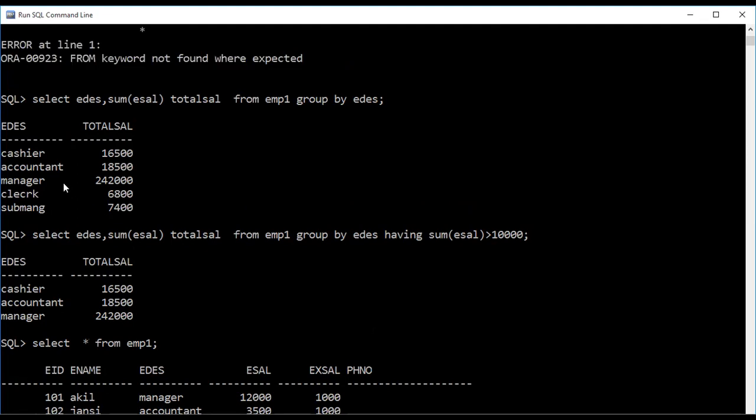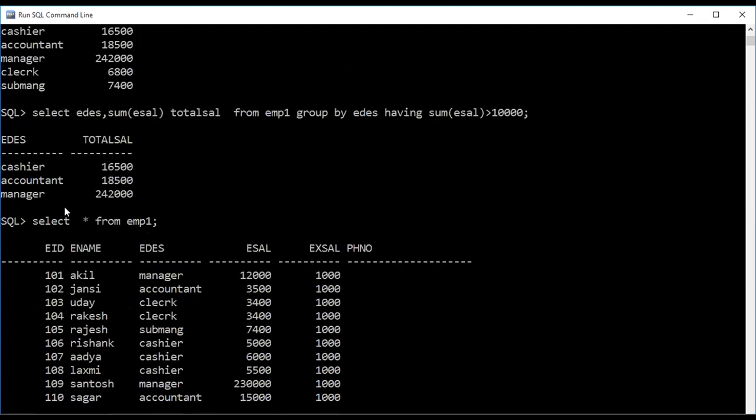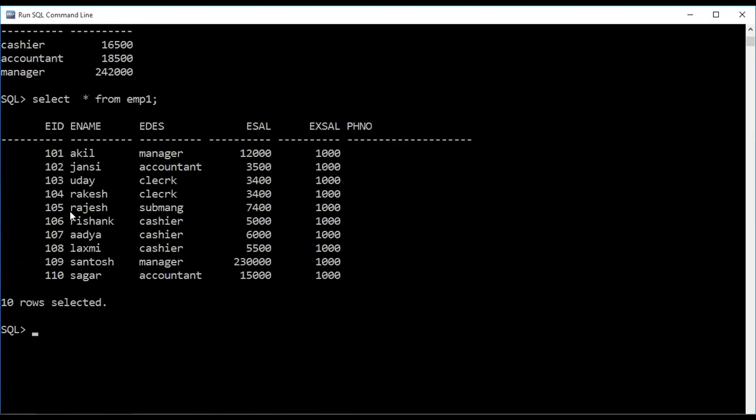But when you are selecting cashier, accountant, manager, clerk, I want a condition that in each and every department, first the employee salary must be greater than 4,000. Then only you apply the group by, then only you apply the having. That means first, when you select a row, you are checking whether the employee salary is more than 4,000 or not.